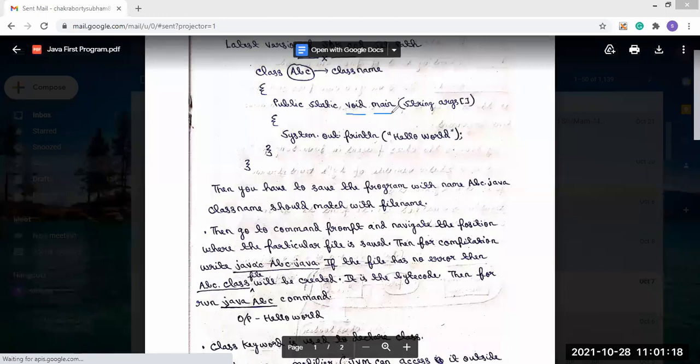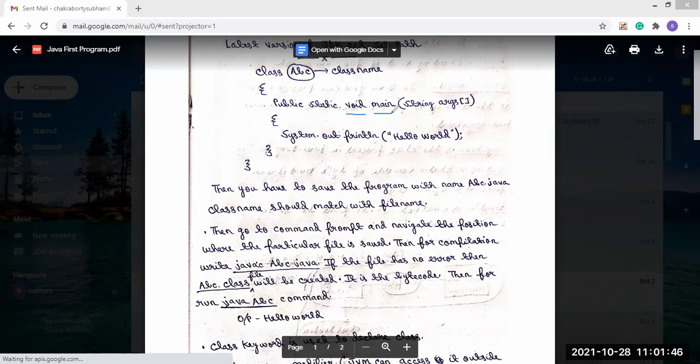Oh, and sir, if we pass some value in the main function in Java, we didn't copy this syntax. This syntax doesn't look like what you have done in C, because there are some convention changes in Java.